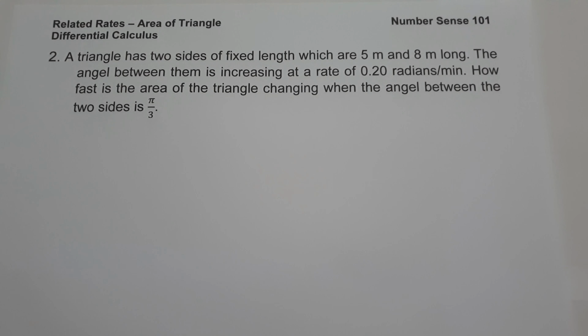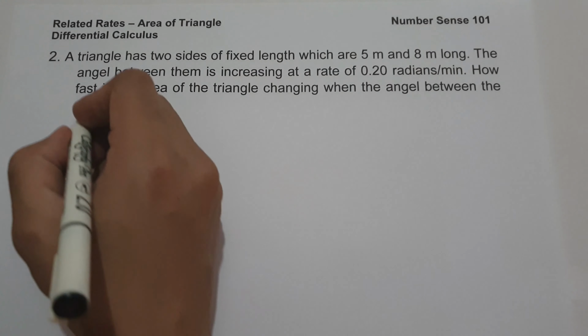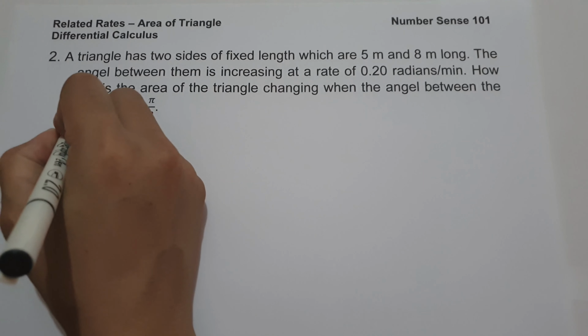In example number 2, a triangle has two sides of fixed length which are 5 meters and 8 meters long. The angle between them is increasing at the rate of 0.20 radians per minute. How fast is the area of the triangle changing when the angle between the two sides is pi over 3? So let us illustrate first the given problem. So if we are going to have a triangle